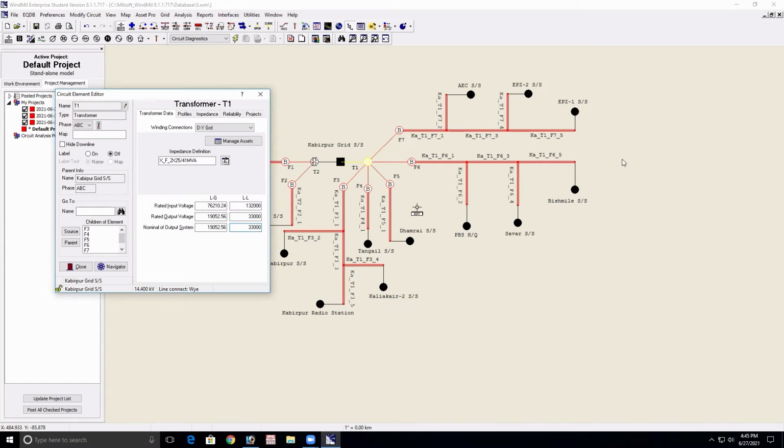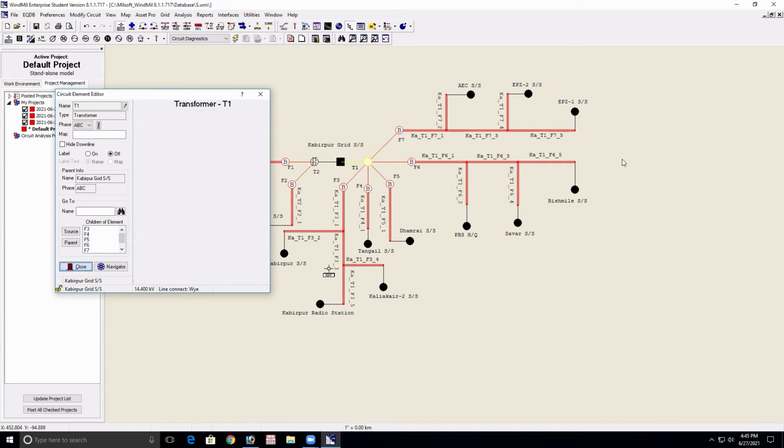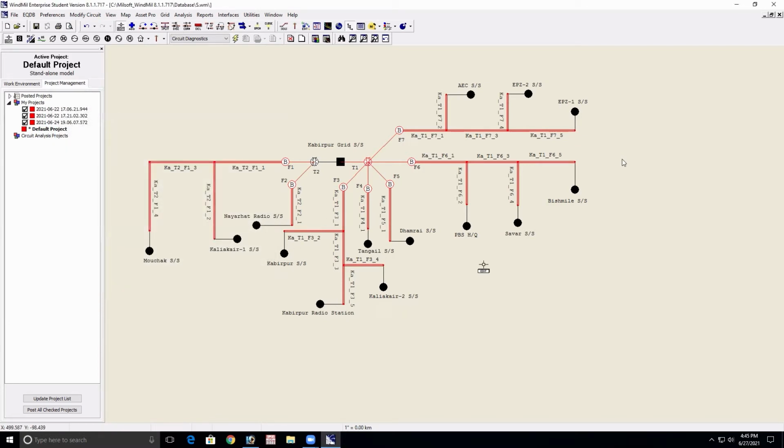What is the whole grid? Sir, transformer, then lines, sir. Because for your grid single line diagram, you need to analyze the grid substation. Suppose, as an example, Mousak substation and Kaliapur substation. They are getting electricity from the grid substation, and this is the line. How much loss is created inside the line? How to calculate it?